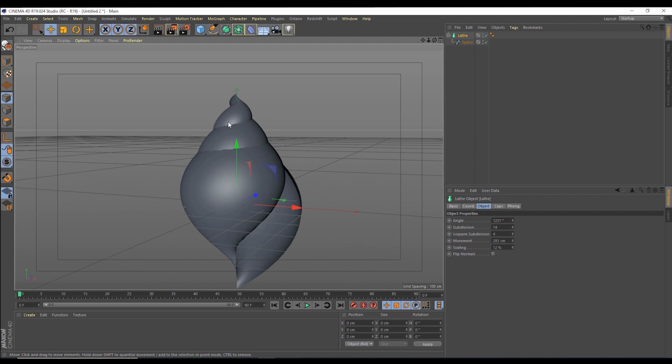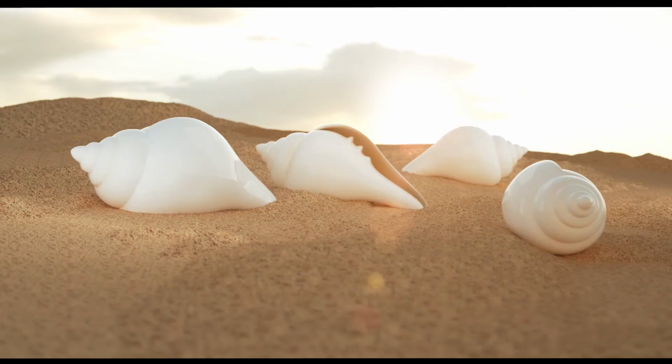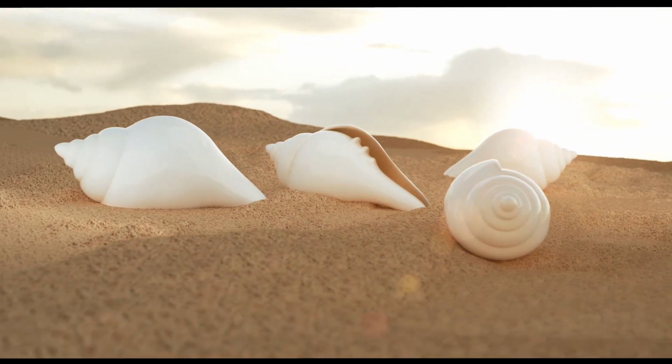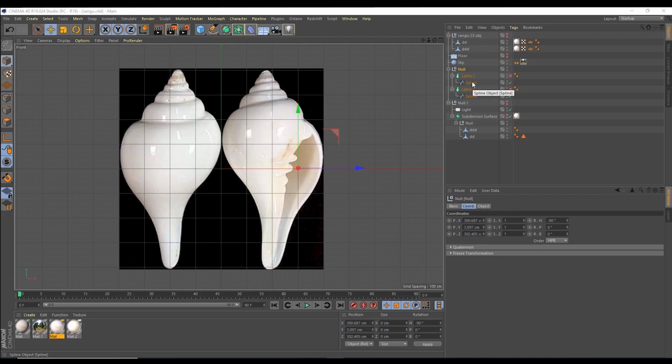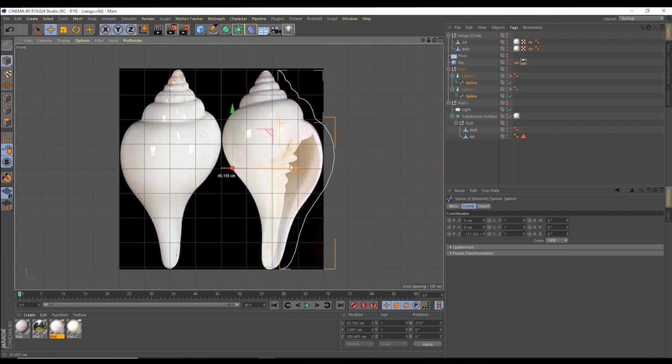I am not going to make a simple 3D model. I am going to make a white conch 3D model. Let's see how to make that. I have already created one side of the conch using a spline. For that, I have taken the front and back image of the conch and loaded it in the background.